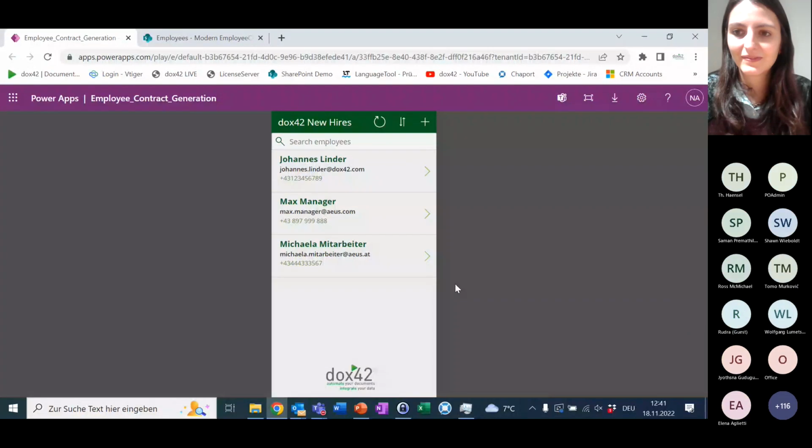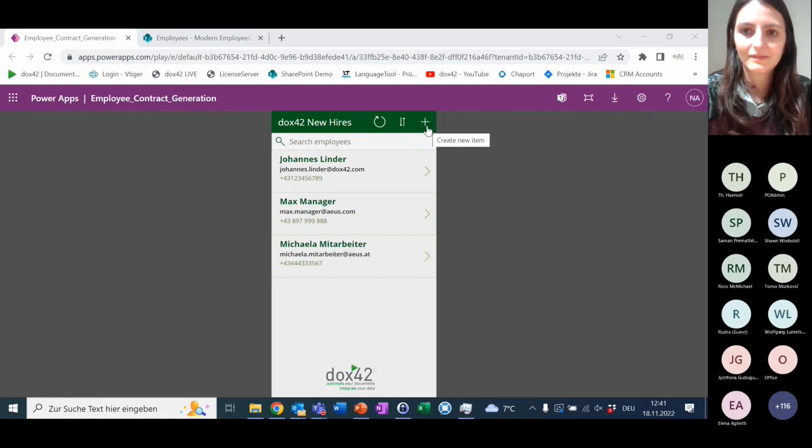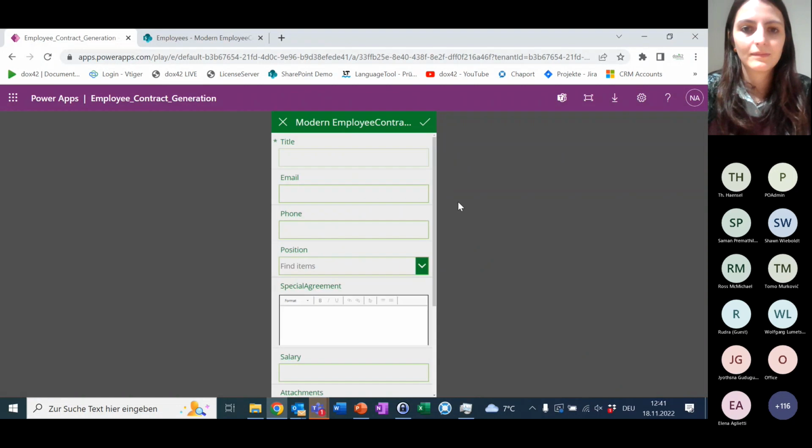Thank you very much. So I will share my screen, and you should see my Power App right now. Actually, that also would be possible on your mobile, but for the demonstration here, it's easier to do it via desktop. So what we see here is our employee contract list. If I want to hire a new employee like Homer Simpson, I'm gonna open up this plus here